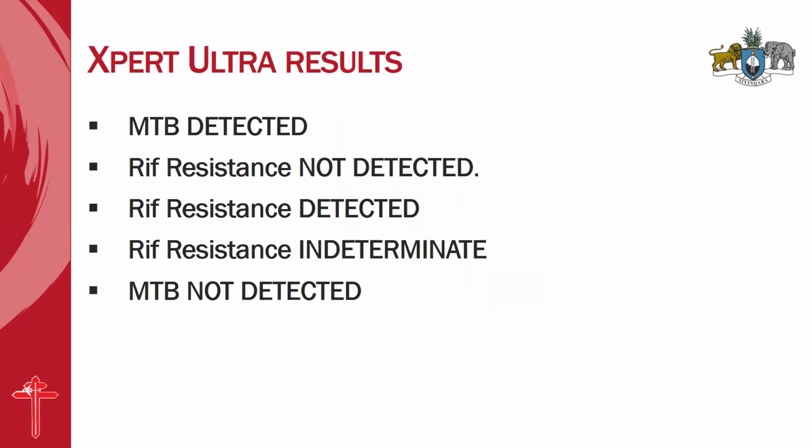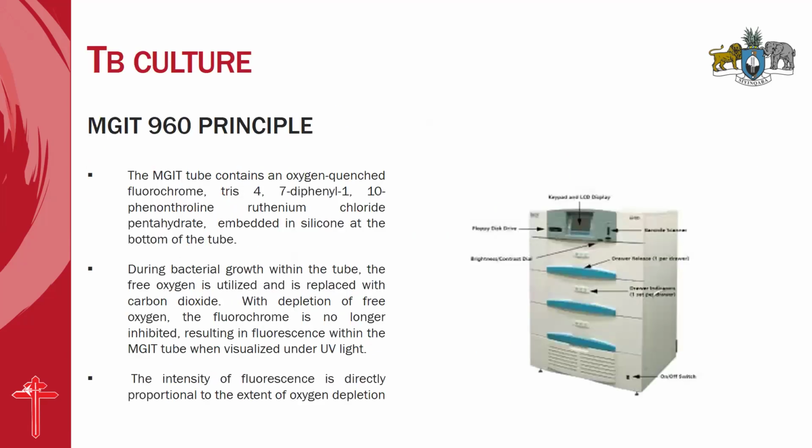So the results that you get from the Xpert Ultra can be either MTB detected, that means there is TB. It can be RIF resistance not detected, like it says. RIF resistance detected, RIF resistance indeterminate, or MTB not detected. So we have these results from the Xpert Ultra. So next slide